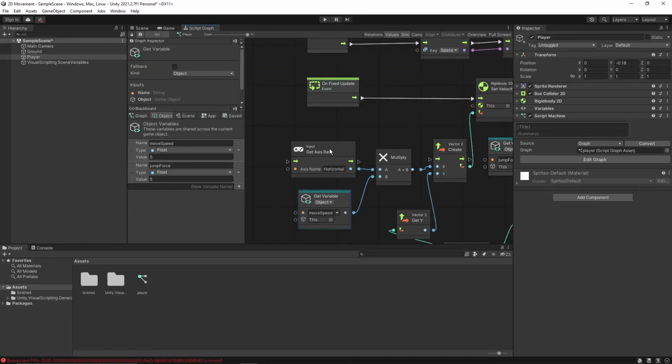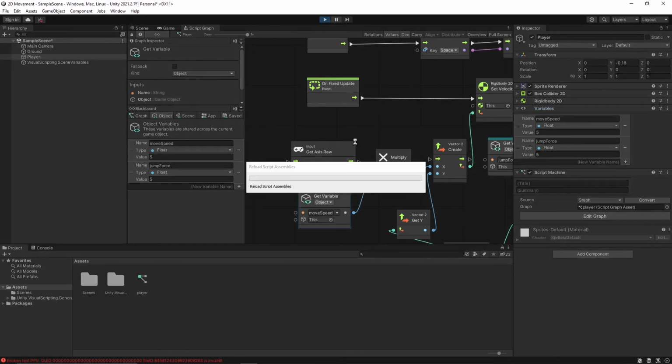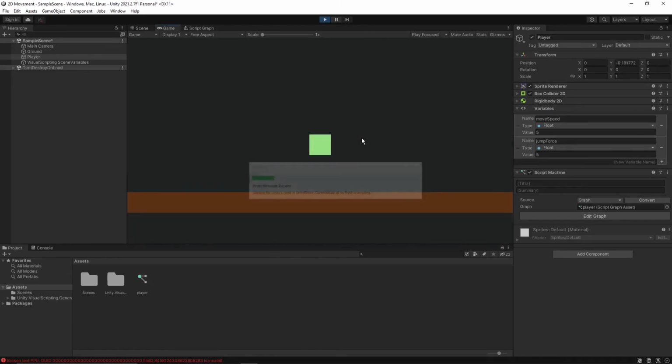Now, if I go back in the player, I can see these variables are visible in the inspector for this component. Now let's run it. Space, jumping, correct, perfect.